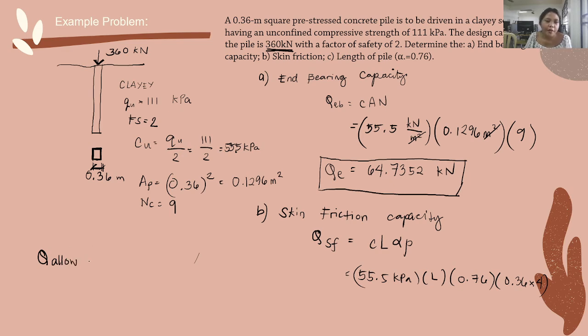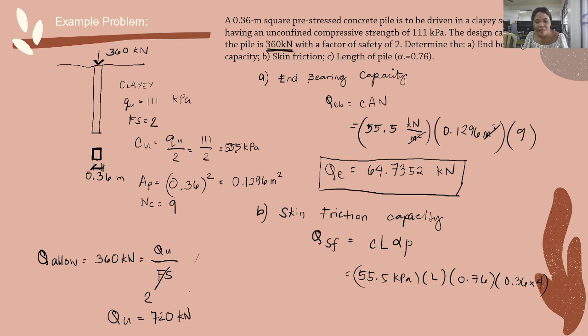Yes. So Q allowable is equal to 360 kilonewton is equal to your QU, which is still to be solved, divided by the factor of safety. And ang factor of safety natin given ulit siya sa problem, that is equal to 2. So, solving that, you will have QU, and the QU is equal to 2 times 360, or simply 720